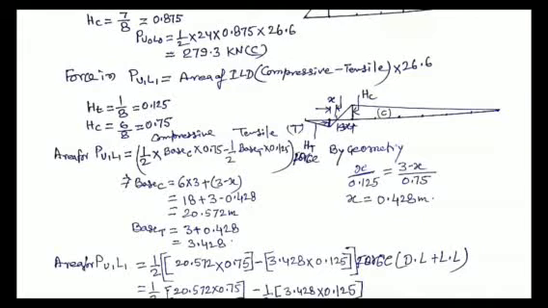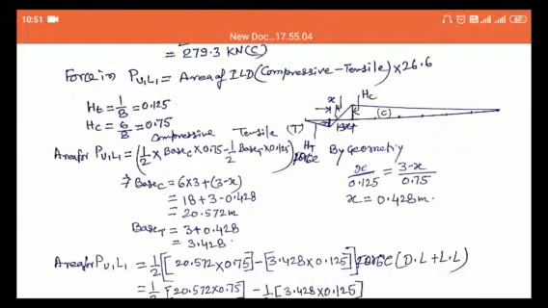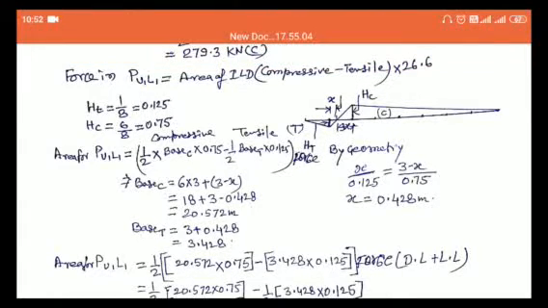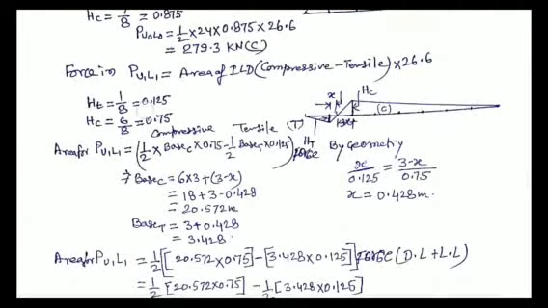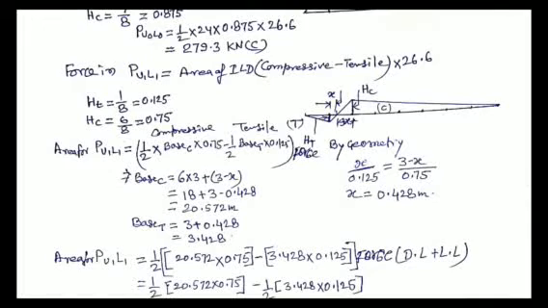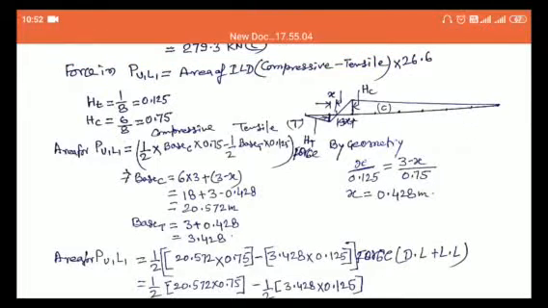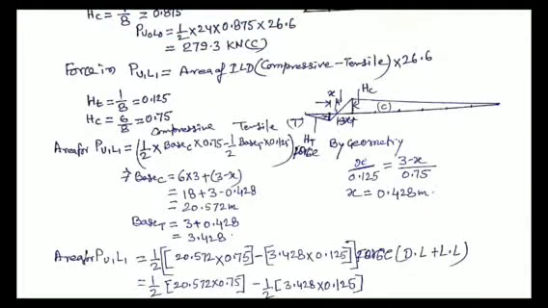So HC in tension zone will be the span divided by the total number of spans. So HT in tension zone will be 1 divided by 8, which is 0.125 as you are seeing here, and HC will be the 6 spans after this span, 1 2 3 4 5 6, and this will be 6 by 8, which comes out to be 0.75.